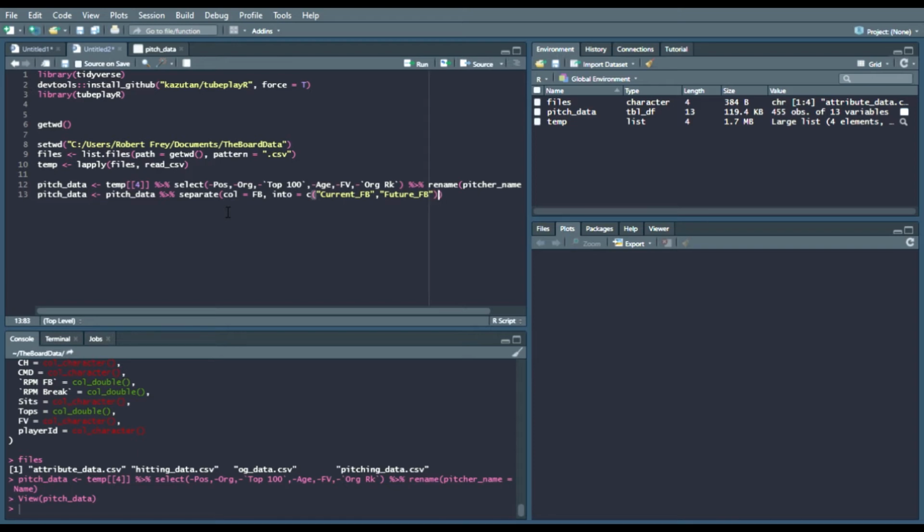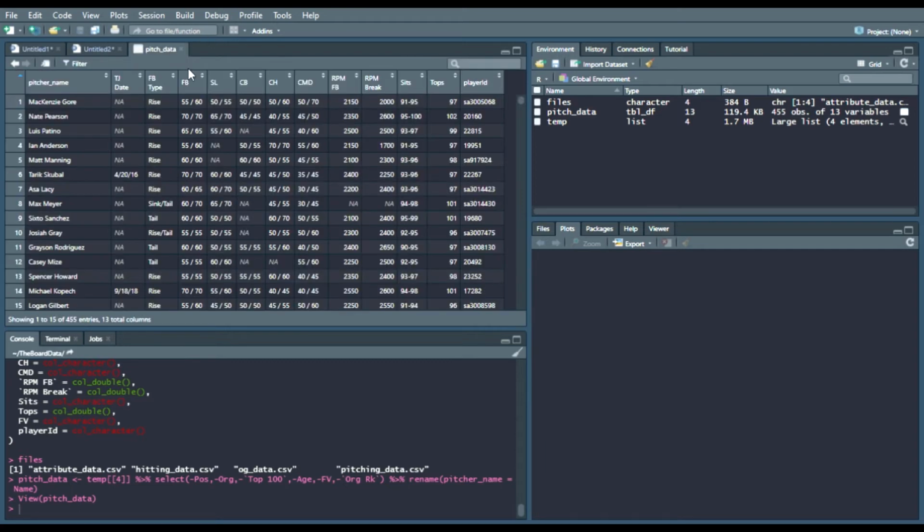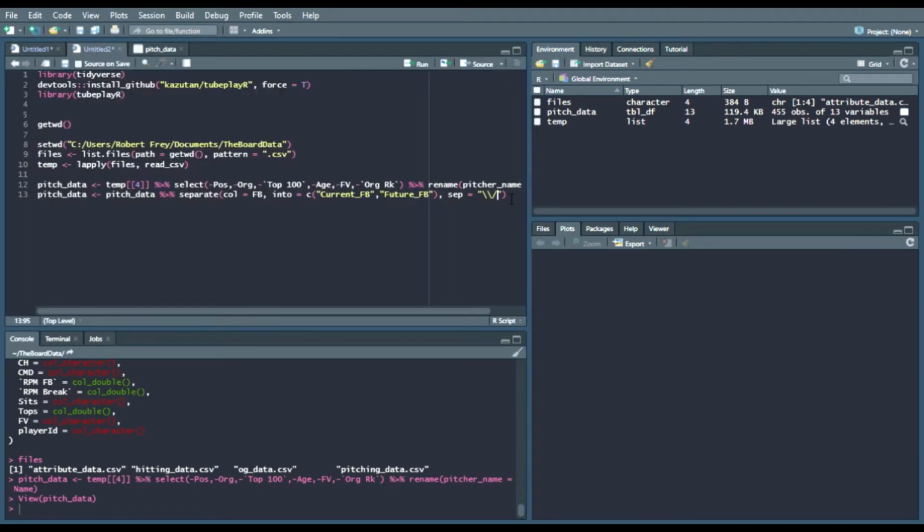And then outside of that, we're going to say our sep, which is our separator, and in quotes, we're going to do 2 forward slashes and a backslash. And the reason why is that the backslash serves as an escape to indicate I want to separate by that backslash. As you can see back in the pitch data, we can see that backslash. So we're going to do that, and then I'm just going to continue to add these piping operators